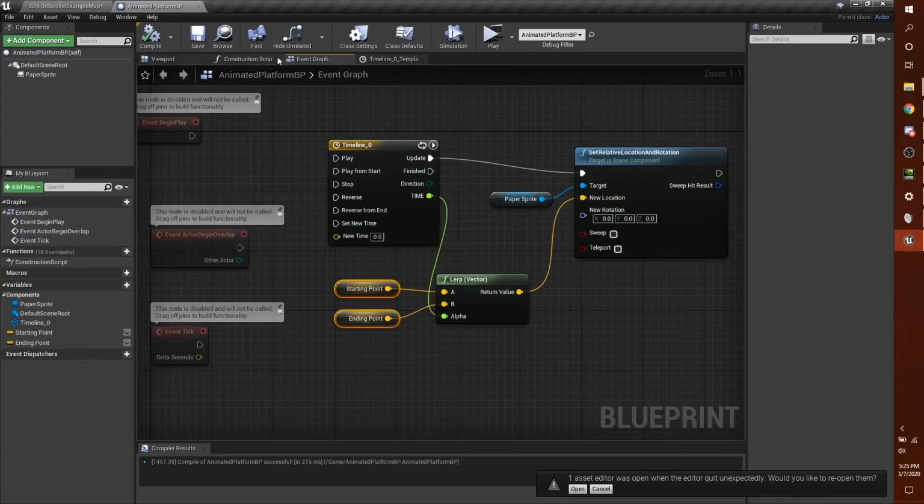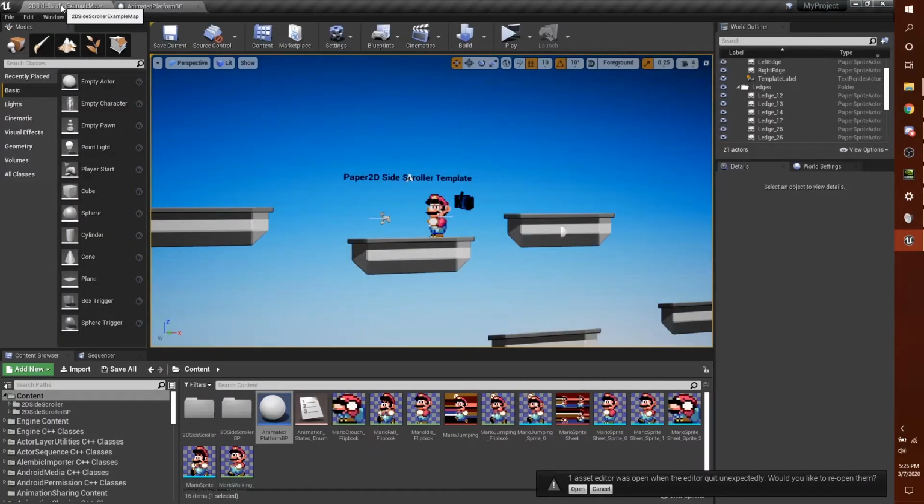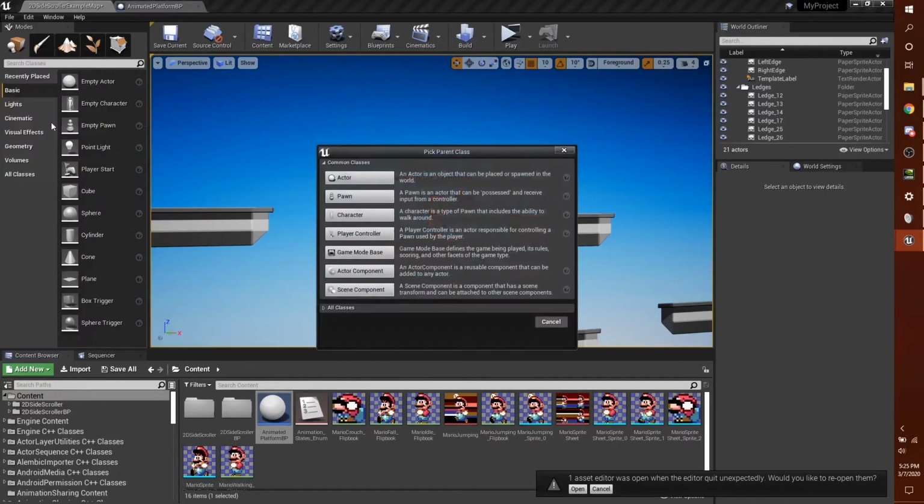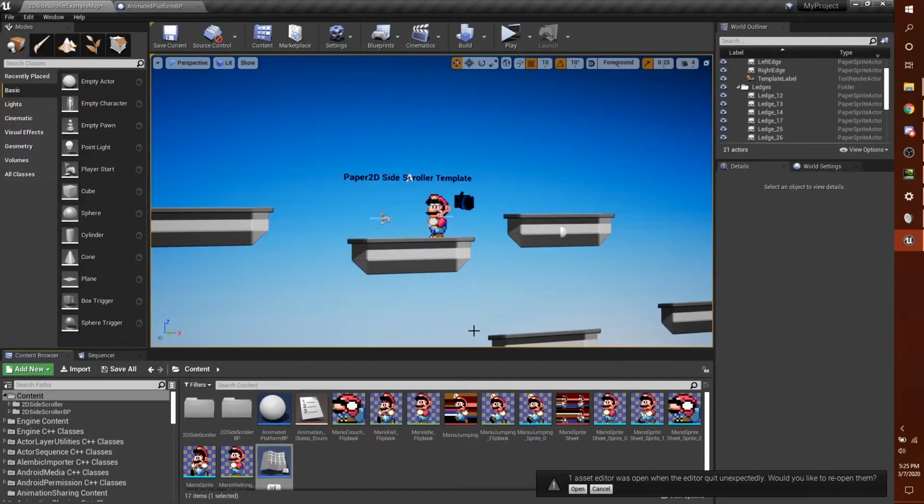Now let's create an interactive platform. It's pretty much going to be the same way, but we can start from scratch again. I'm just going to go through it a little bit quicker. We're going to create another blueprint. It's an actor blueprint. I'm going to call this one Interactive Platform,